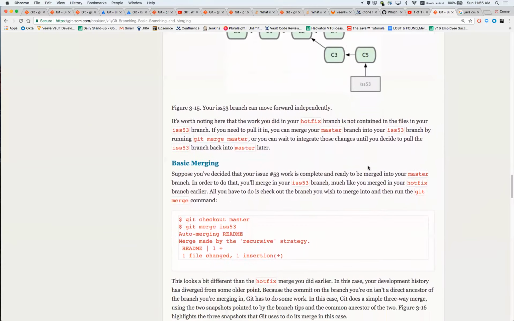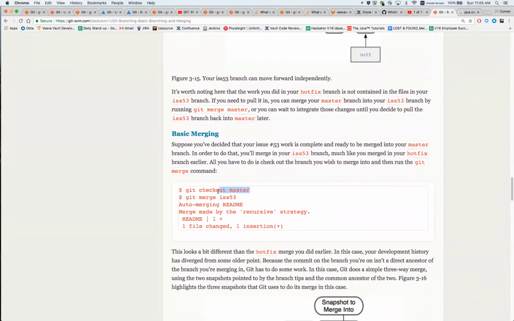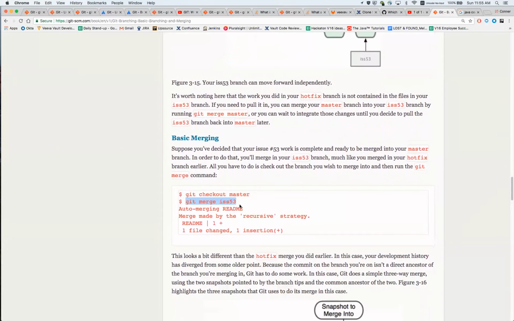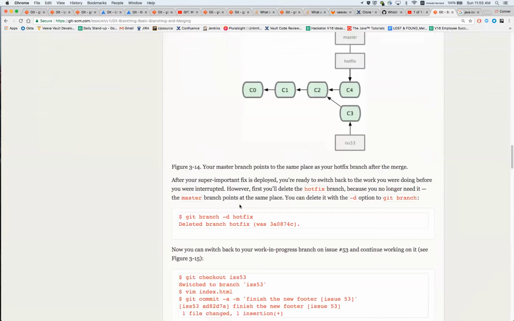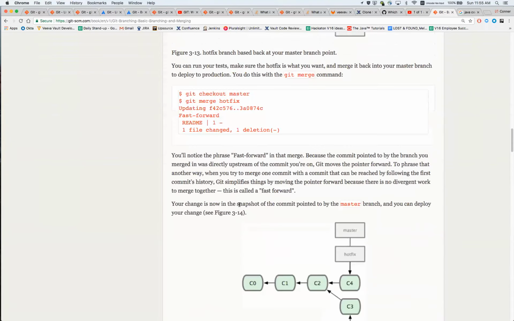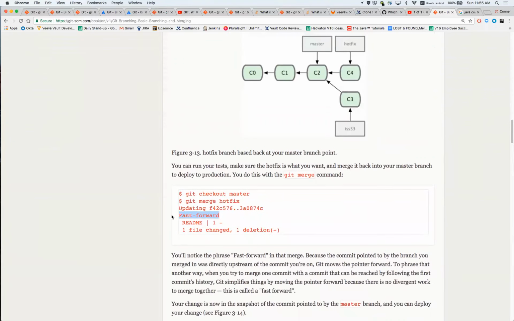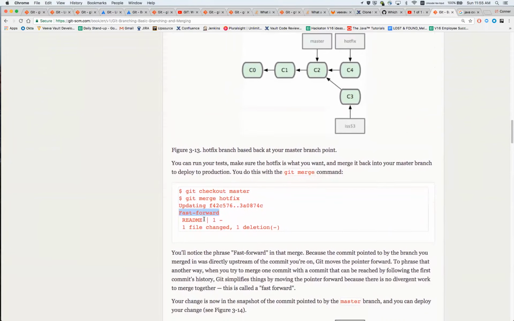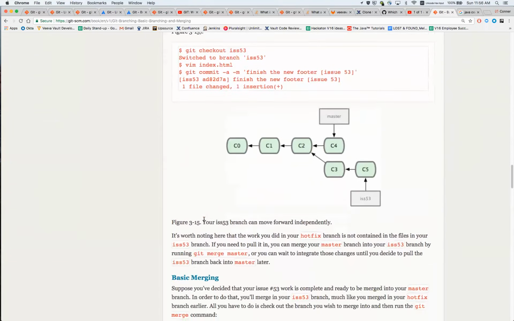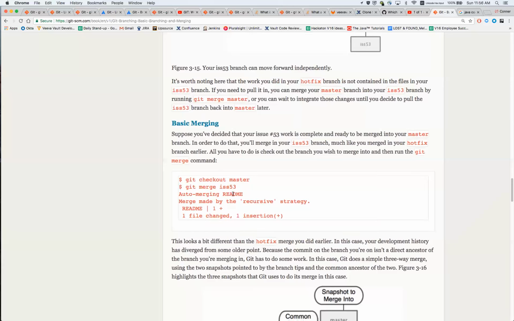So if we scroll down here, we'll see that we check out master, and then we try and merge issue 53. So before, what happened is that we got a message that said that it fast forwarded for us. So you see here, it says fast forward. Now, if you scroll down to this merge, it does not say fast forward, and it says merge made by